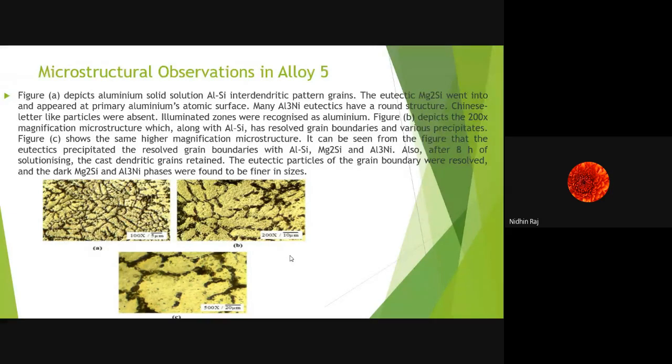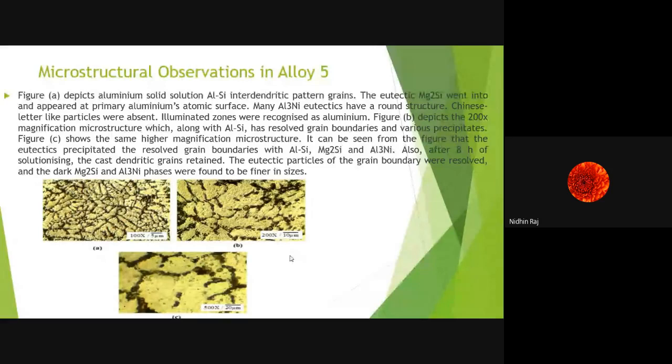Now figure B depicts 200x magnification microstructure, which along with aluminum silicon has resolved grain boundaries and various precipitates. Now figure C actually shows the same higher magnification microstructure, that is of 500x. And it can be seen from the figure that the eutectics precipitated the resolved grain boundaries with aluminum silicon, Mg2Si